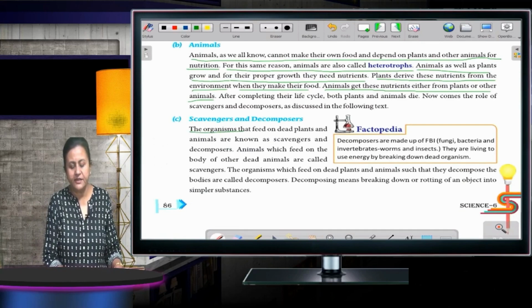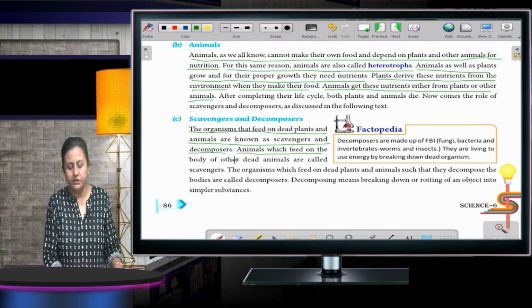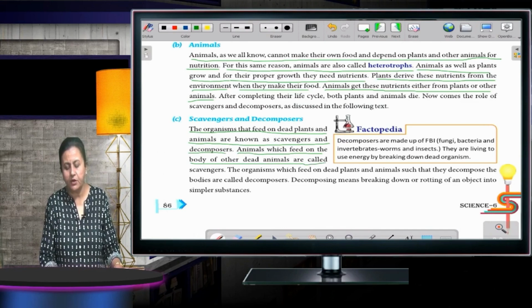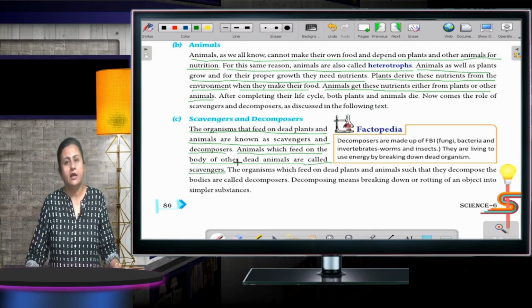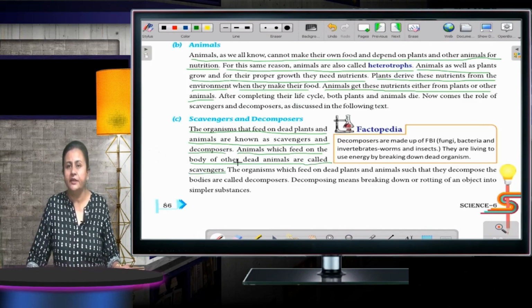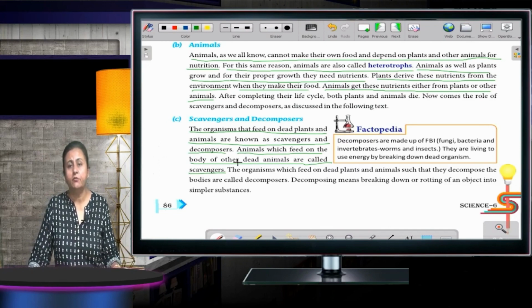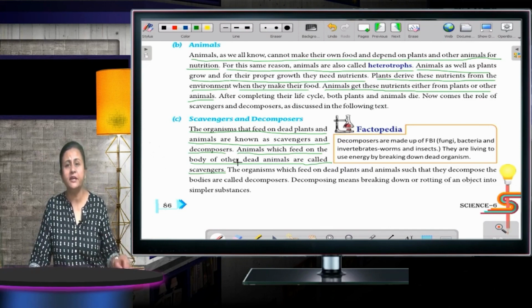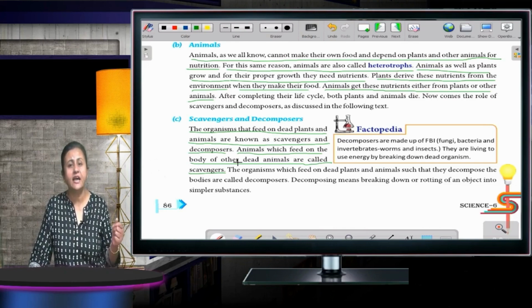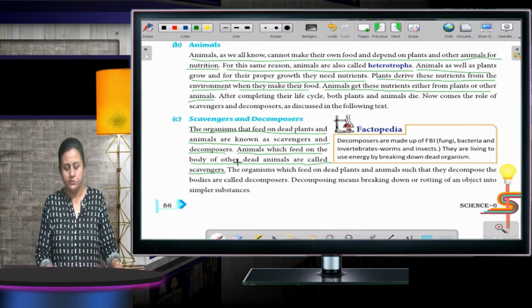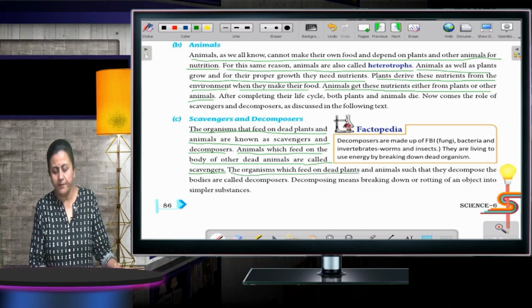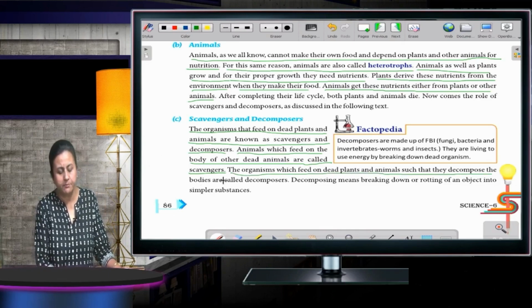The organisms that feed on dead plants and animals are known as scavengers and decomposers. Animals which feed on the body of dead animals are called scavengers. Animals die. There are a lot of animals which are dying. In the forest, so many animals die. What happens? No one is burying them. So scavengers are there. These are the animals which feed on the dead animals. The organisms which feed on dead plants and animals such that they decompose the bodies are called